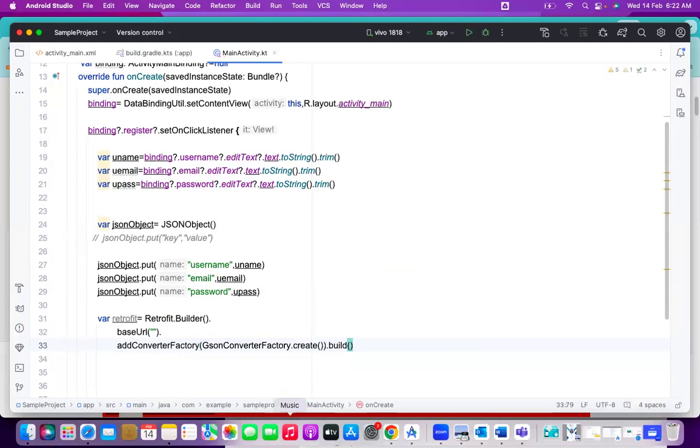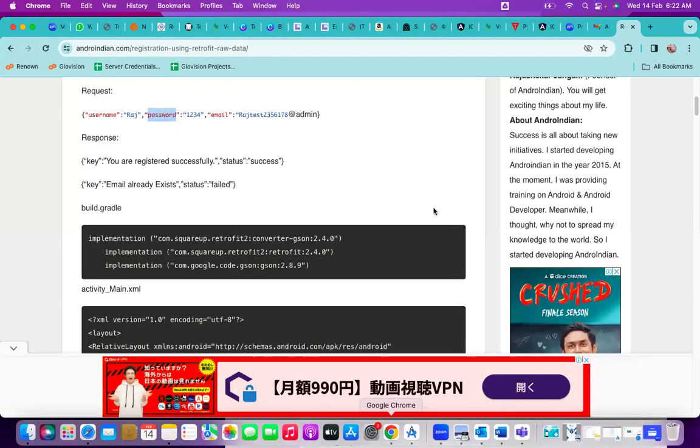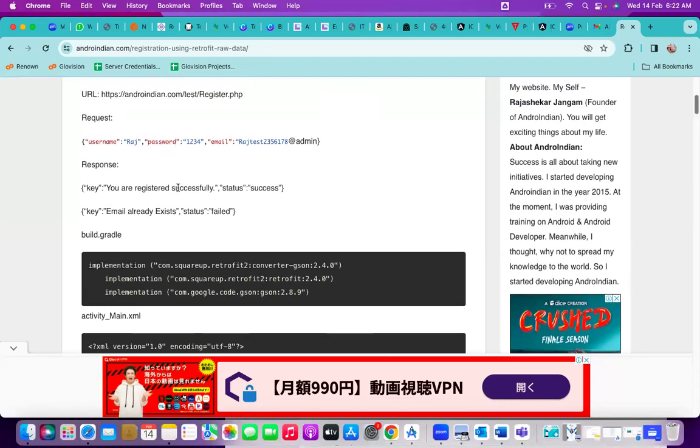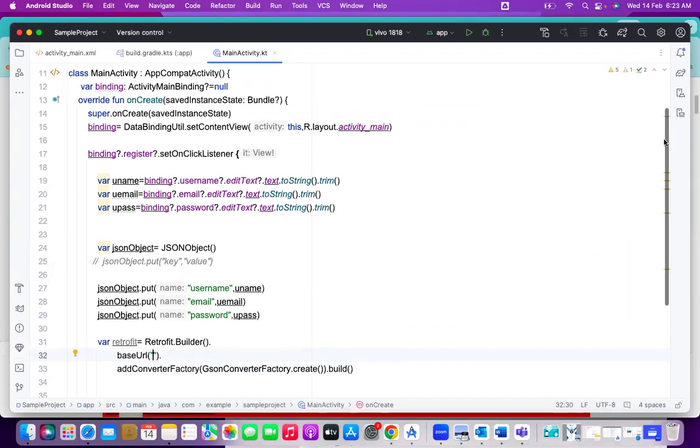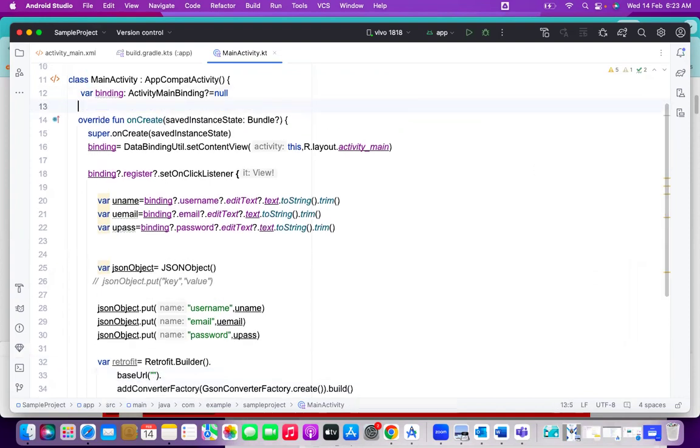But what is the base URL? In every document, when they give the document, up to a certain level the URL should be common, like a common folder, like the API folder. Till that API folder, a specific URL is common for all the requests, so that we can treat it as the base URL. But always the base URL should end with a slash. So here I write var base URL